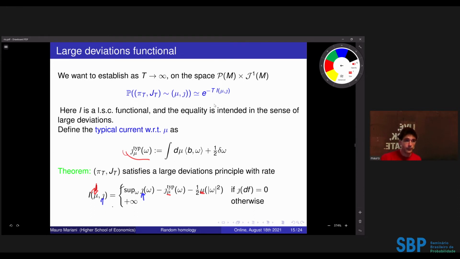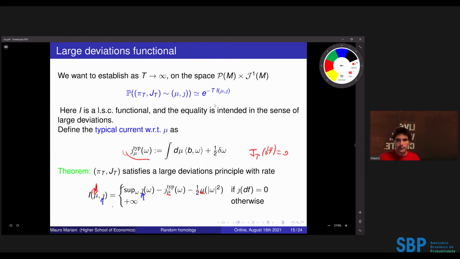That's exactly what Hubert was saying before, that if the curve was closed already at time t, J_t would leave this equal to 0, and now we only have it in the limit. If J_t of df is not 0, the price that you have to pay to be close is infinity. You cannot be close to something which is not closed, to some current which is not 0 on